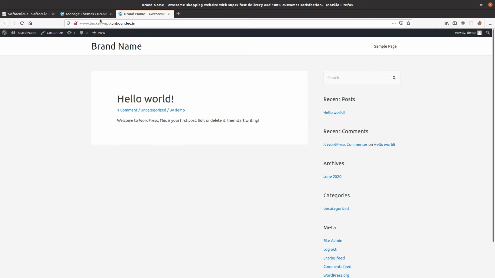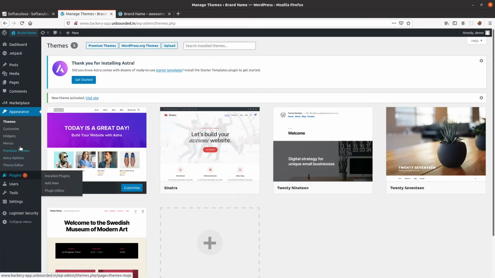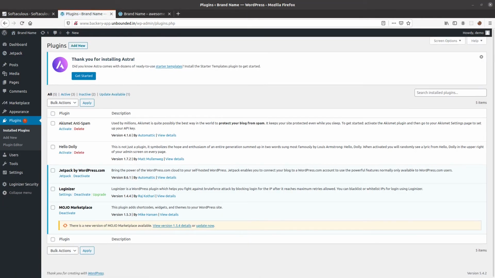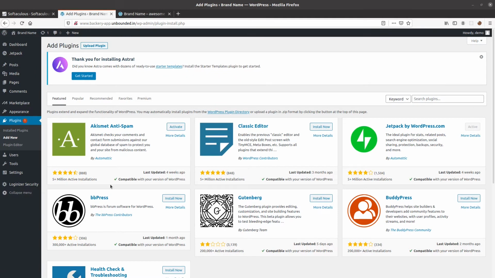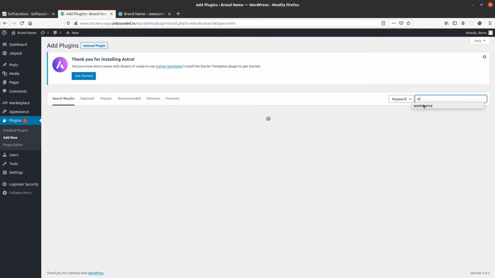All right, go back to the admin panel, and then we will install some plugins. In the plugins section you can click on add new. Again, this will search the marketplace for any plugin that we want to install. You can search for WooCommerce.